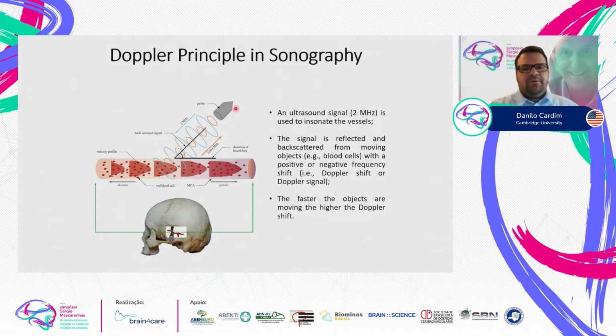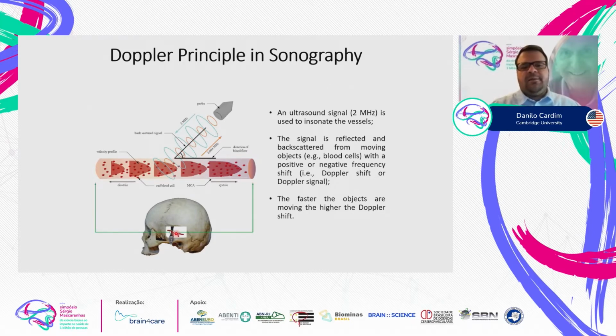And then here we have the ultrasound probe that emits ultrasound mechanical waves to the brain artery, here represented as the middle cerebral artery, which is one of the main arteries used to assess cerebral blood flow velocity